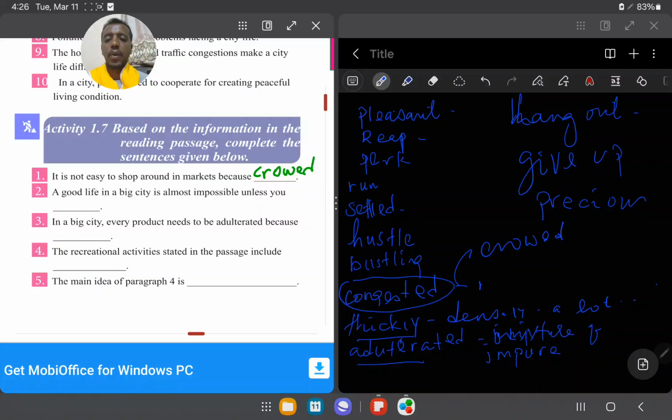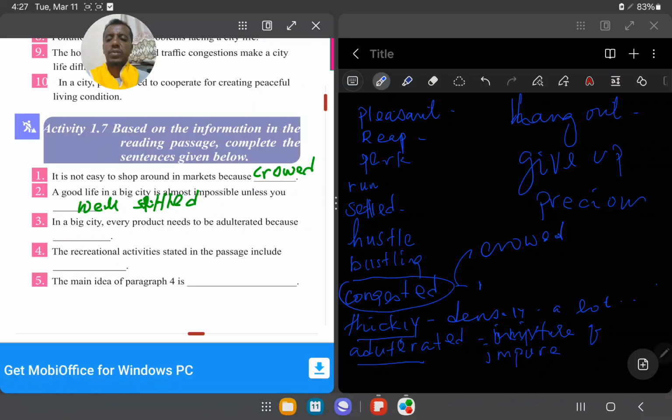What is impossible? Unless you dash. What do you understand from the text? Yeah, well settled. Well, according to the text, well settled. Number 7, in a big city every product needed to be adulterated because